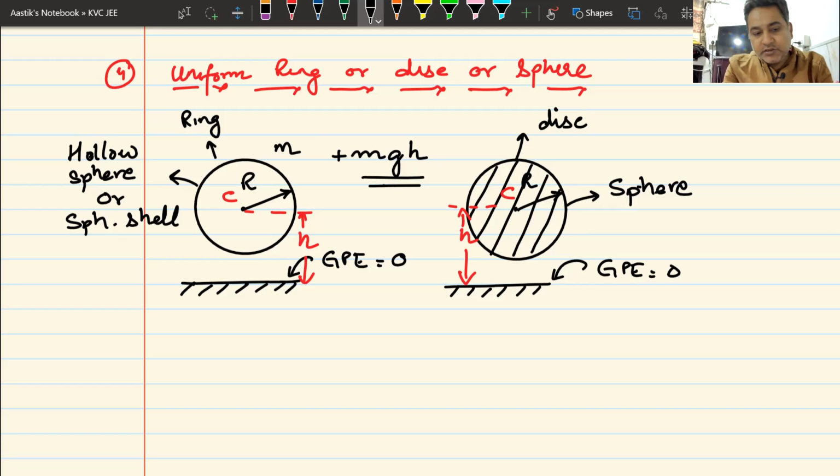I'll give you a minute to understand what I have written, to understand the difference in the two figures. The figure on the left represents something which is hollow from inside, doesn't have any material. The figure on the right represents something that has material, and that is why this is known as engineering drawing or machine drawing. When you have material, you will show it by hashes. When you have hollow space, you will not draw anything over there. That is hollow. That is engineering drawing. That is machine drawing. I was very good at that.